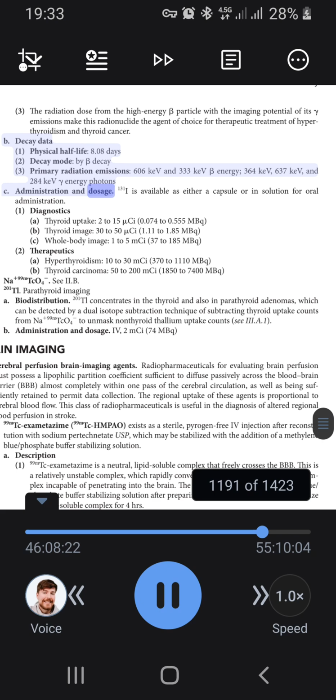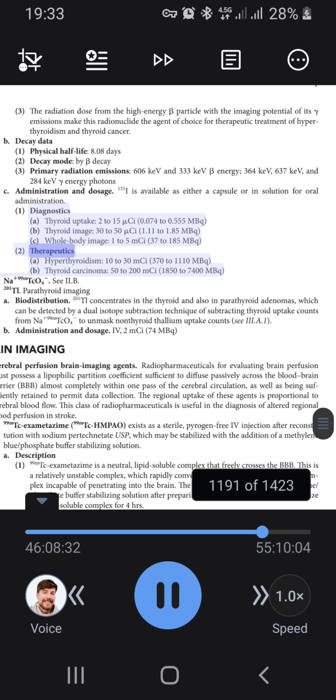C. Administration and dosage. 131I is available as either a capsule or in solution for oral administration. 1. Diagnostics of thyroid uptake. 2 to 15 µCi, 0.074 to 0.55 MBq. Thyroid image, 30 to 50 µCi, 1.1 to 1.85 MBq. Whole body image, 1 to 5 mCi,